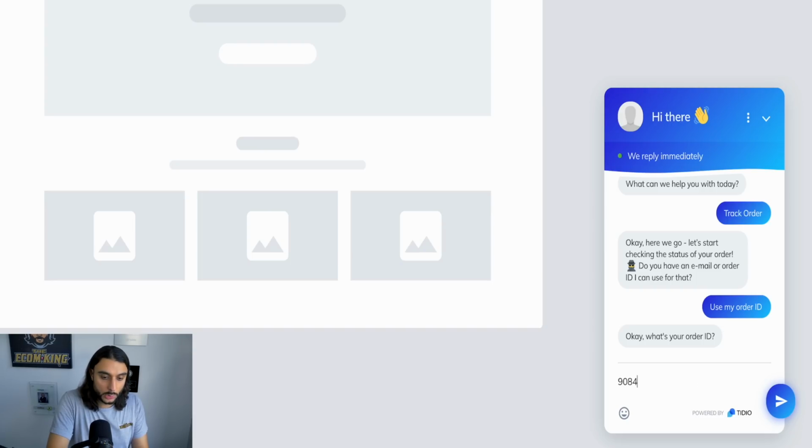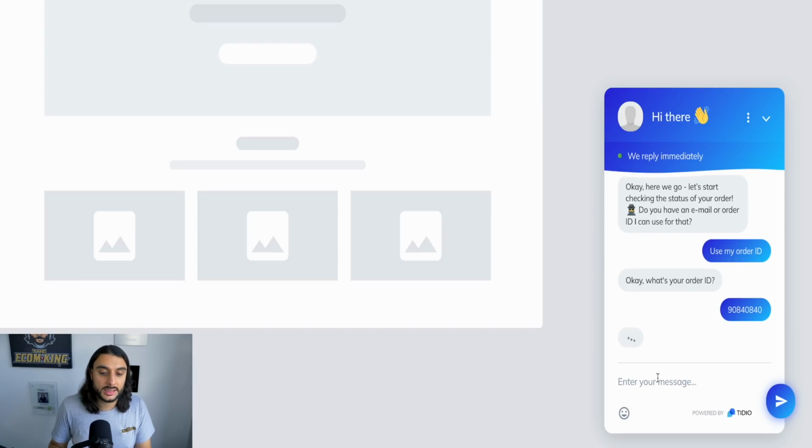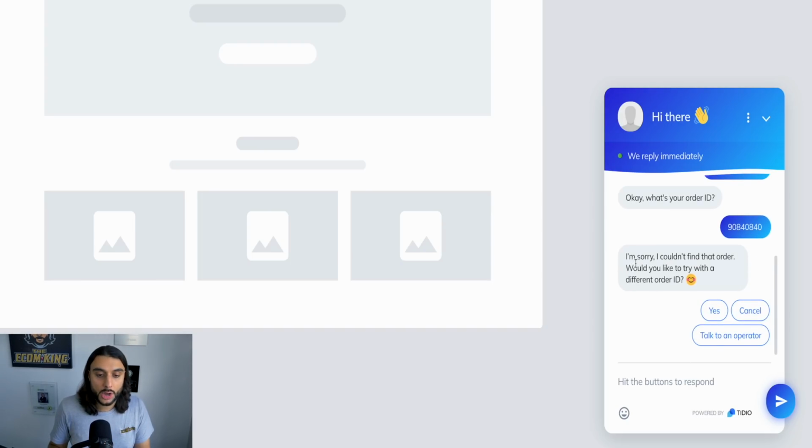So let's say the order ID is that. Then you're going to click next, and then the bot's going to say, "I'm sorry, I couldn't find that order. Would you like to try again with a different order ID?" Now, because I haven't got any orders on my Shopify store, this won't work. And because that order ID doesn't exist, it won't work. But let's say that order ID is correct, then it will synchronize with Shopify and then give them an update